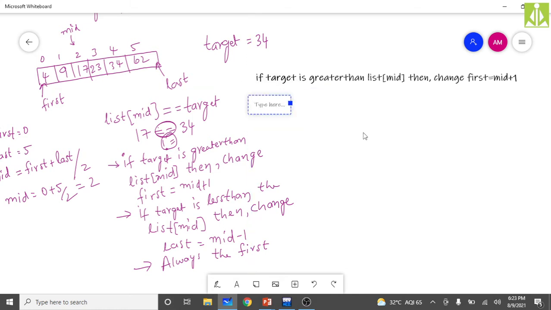If target is lesser than list of mid, then what we are doing?